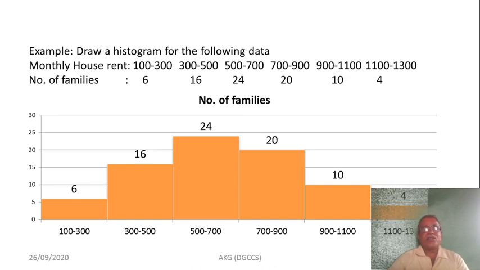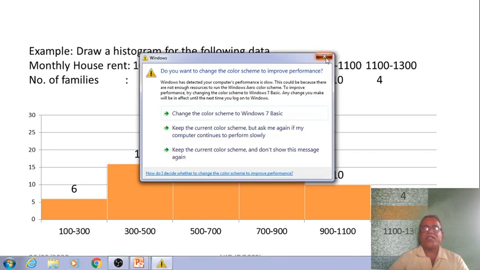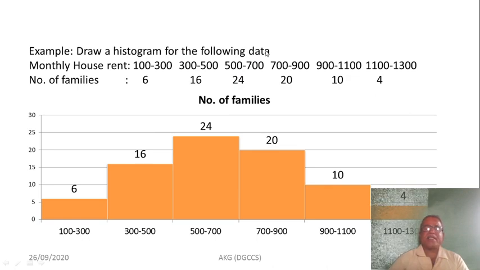So we know that to construct the histogram, we plot class intervals or class limits on the x-axis and corresponding frequencies or frequency density on the y-axis. First, see carefully the width of each class. Here in this example, the width of the class interval is the same, that is 200, and corresponding frequencies are given. So there is no need to adjust this data. We plot class intervals on the x-axis and frequencies on the y-axis.